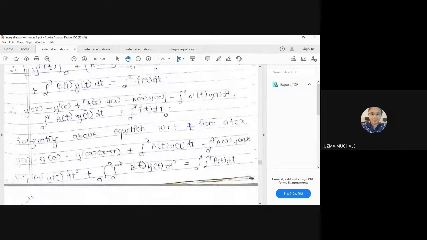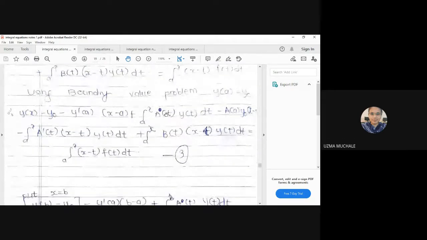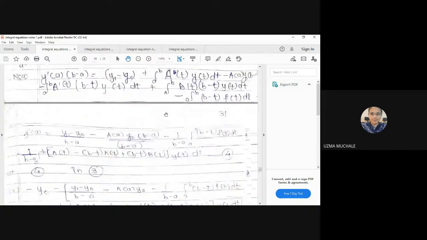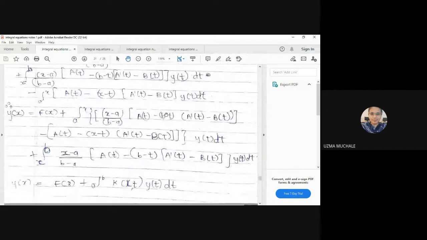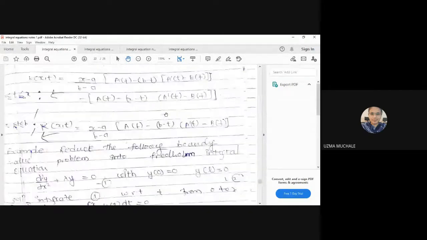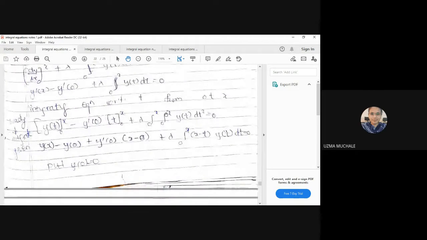After doing a direct integration, what is the step? Where you are getting some y dash of a, you have to find out the value of y dash of a, then put it back in your equation and solve again. You have to put it in the standard form. After substituting it in the standard form, you have to verify which type it is, that means which type of Fredholm integral equation. But here in this case, you are getting two different kernels in two different intervals, in a to x and in the next interval x to b. The next we have seen are the examples on the boundary value problem.